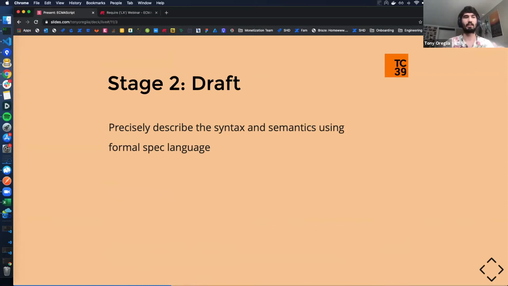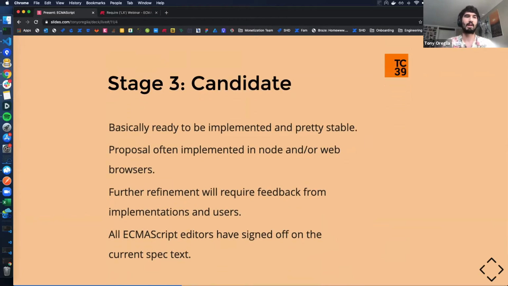Stage 2 is a draft. This is where they start using the specification syntax and semantics to put it into this formal specification language. But it's just a draft, so it's still open to change and debate and considerations. And then stage 3 is the candidate stage. This is very nearly ready to be implemented. It's pretty stable.